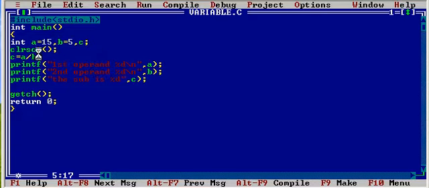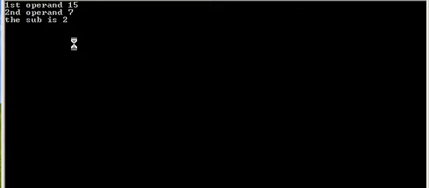But suppose if instead of 5 here, we write 7, what will the output be? It is 2, but actually it should be 2.1 or something else.